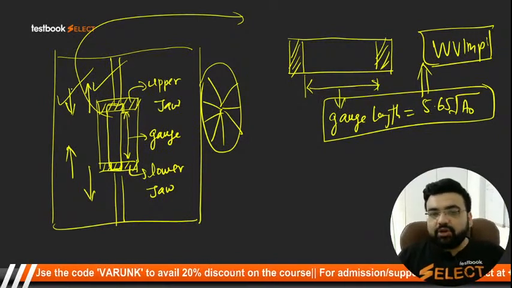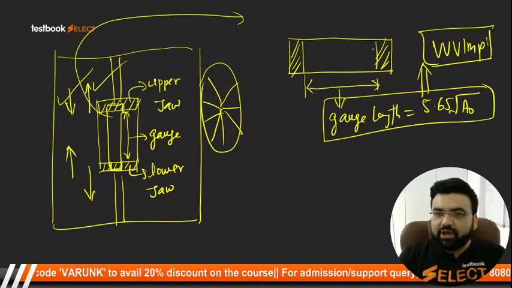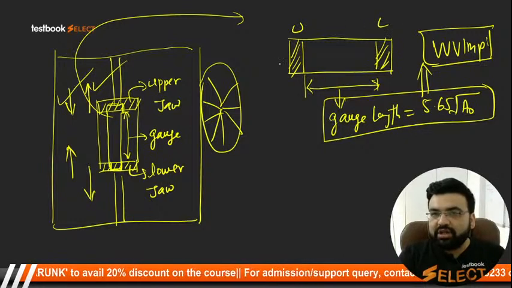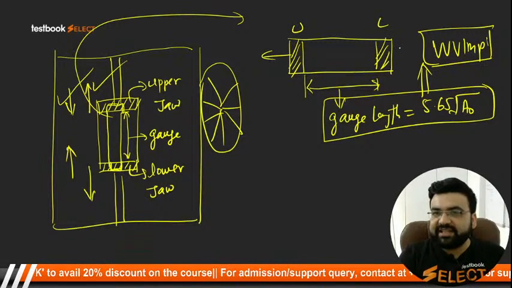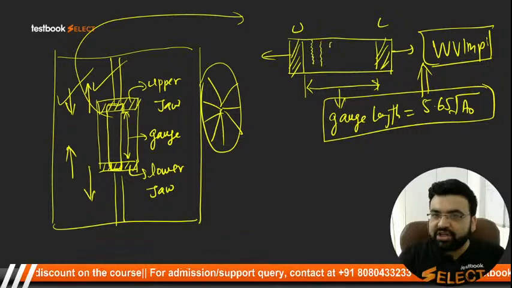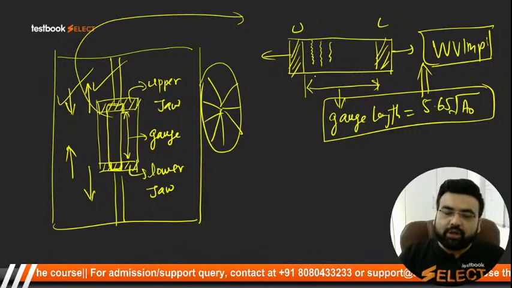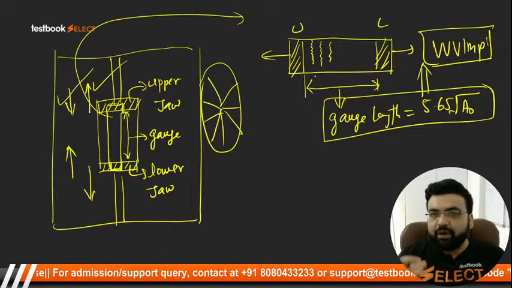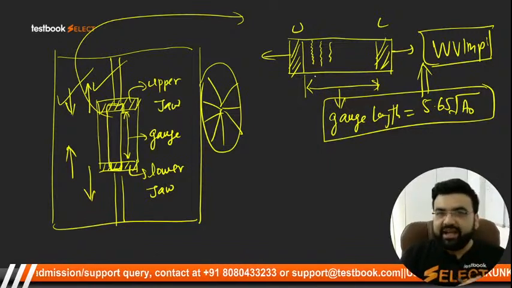तो जब आप टेंसाइल करोगे तो क्या होगा? लेट अस से दिस इज द अपर जॉ, दिस इज द लोअर जॉ. ये इस तरफ जा रहा है, इस तरफ जा रहा है, तो क्या होगा? इस मटेरियल के अंदर आपके स्ट्रेस जनरेट होंगे. क्लियर. और हुक ने बोला कि अगर ये बहुत सारी एजम्पशंस वैलिड हैं, आइसोट्रॉपिक